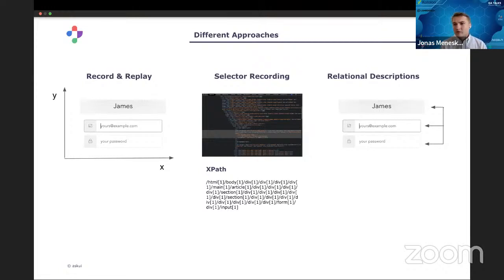And a lot of tools are actually focusing on making those selectors more robust, because they can also break, with self-healing efforts and so on. So this is where the no-code actually comes into place a bit better. And then the most modern approach, I would say, is relational descriptions. I think it's also released in the latest Selenium release, and a few tools are working on that.